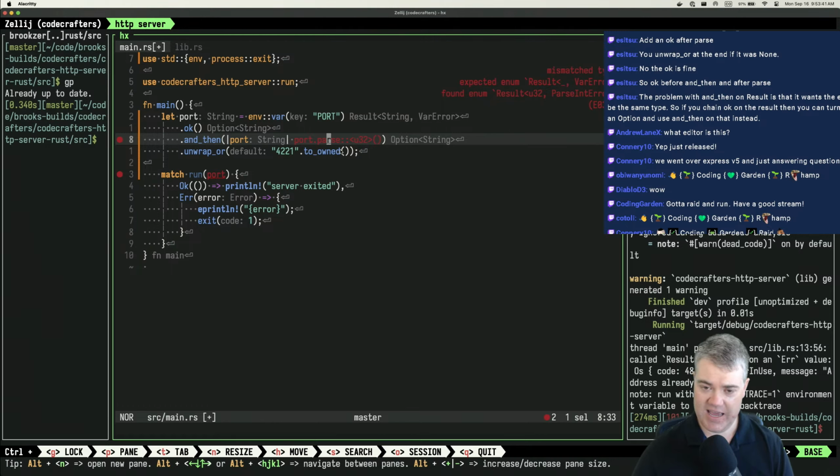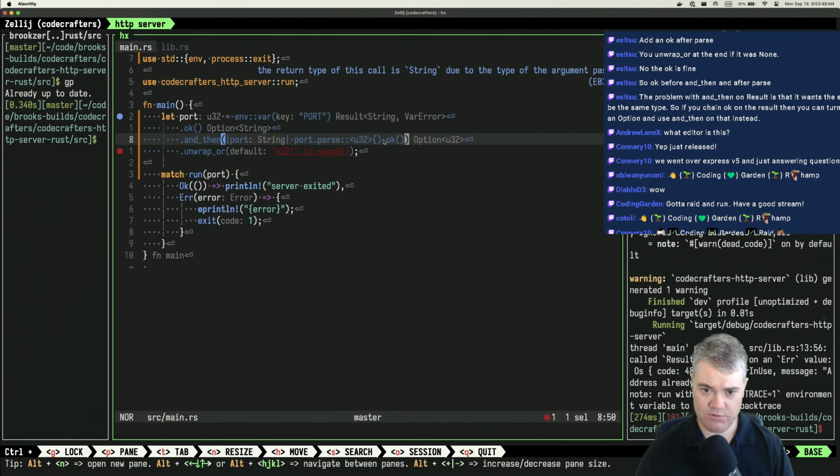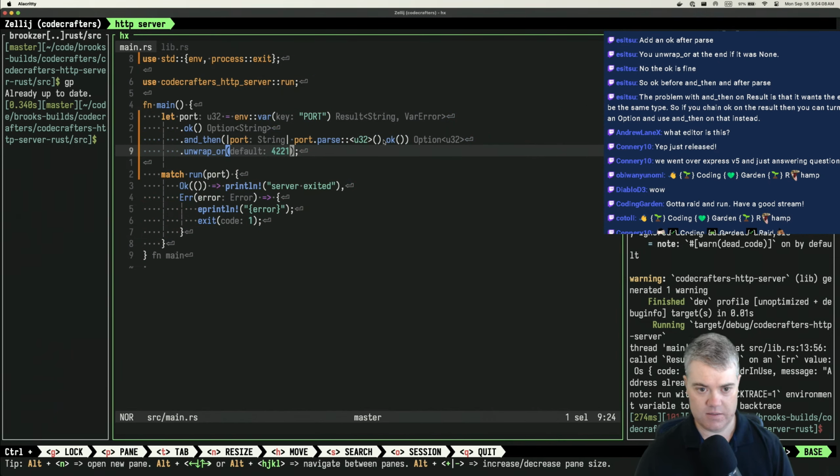Parse itself can return a result. So I need to convert that into the right thing. So we okay you. That makes you happy. And then this becomes an unwrap or. You need expected U32. So you need to be the right type. So there we go. Now we have this all done here. So we are correctly loading up the port. If the environment variable port does not exist, we'll run this unwrap or command, and it will give us 4221 hard-coded. Otherwise, I'll be able to say,